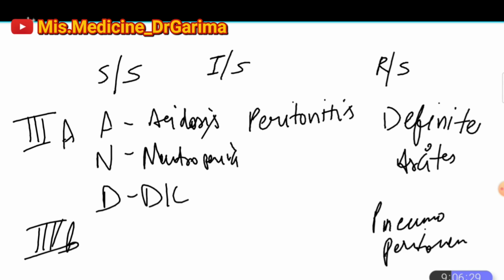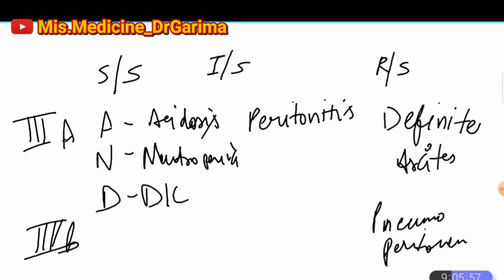Okay, let's summarize it. 3 stages: 1A, 1B, 2A, 2B, 3A and 3B. 1A has bradycardia, apnea and temperature instability, occult blood in the stool, and normal or mild ileus. In 1B, same as above, meaning bradycardia, apnea and temperature instability, plus gross blood in the stool and normal or mild ileus. 2A has the same symptoms, bradycardia, apnea and temperature instability, absent bowel sounds plus pneumatosis intestinalis.